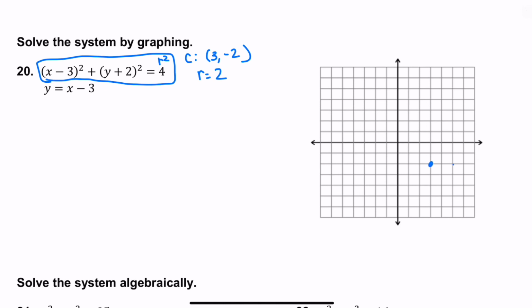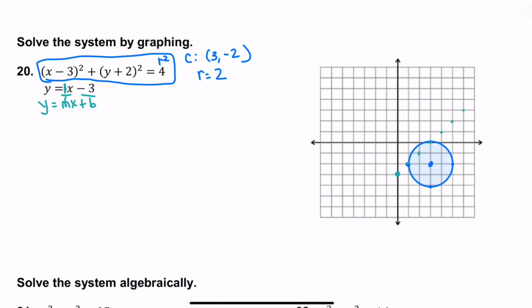And we're going to go 2 in every direction. And then we're going to finish the circle by connecting the dots into a circle shape. Our second equation is the equation of a line. We're going to have the equation y equals mx plus b. If it's in this form, it's a line. Our b is where we begin. We begin at negative 3. Our slope is 1 over 1. So we're going to go up 1 over 1